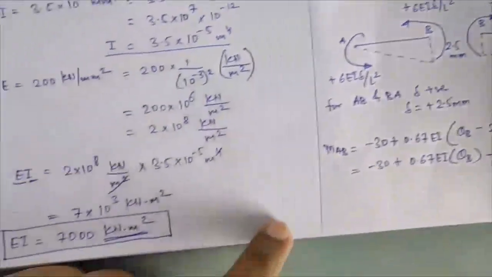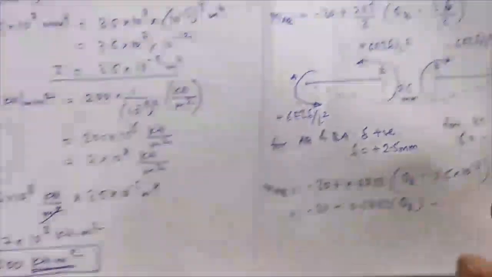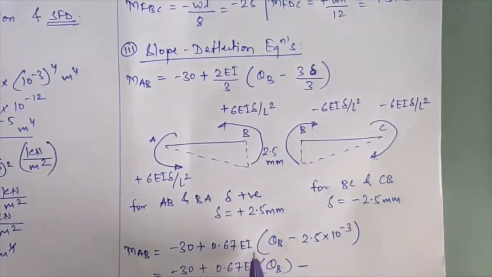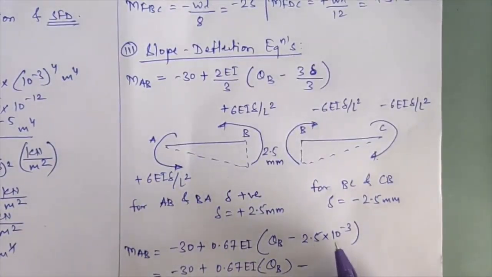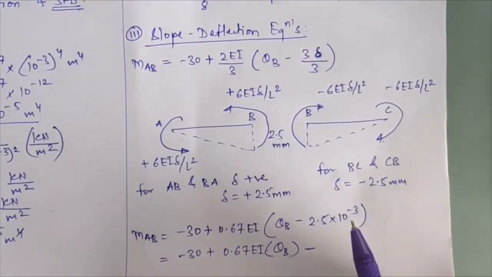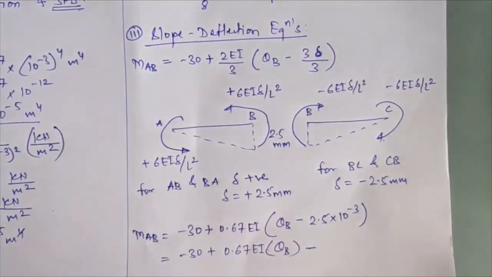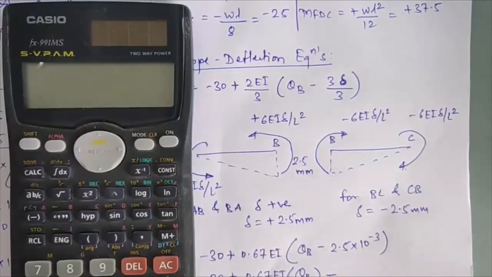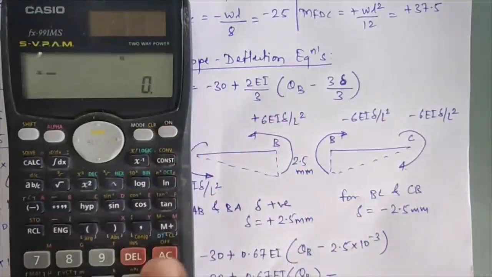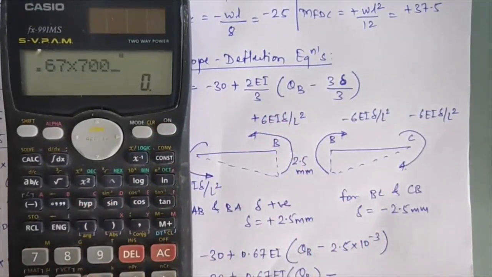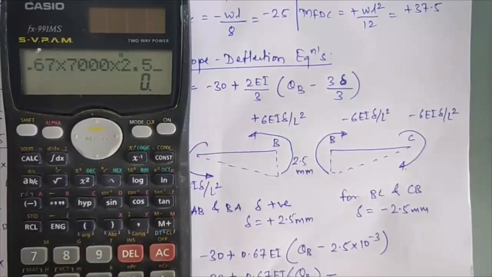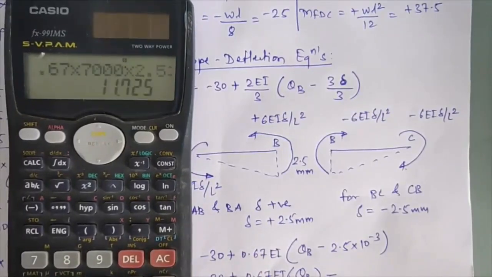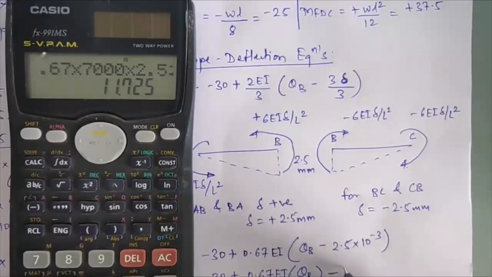The EI value that you have calculated is equal to 7000, so we'll multiply 0.67 into 7000 into 2.5 into 10 raised to minus 3. So I get this value as minus